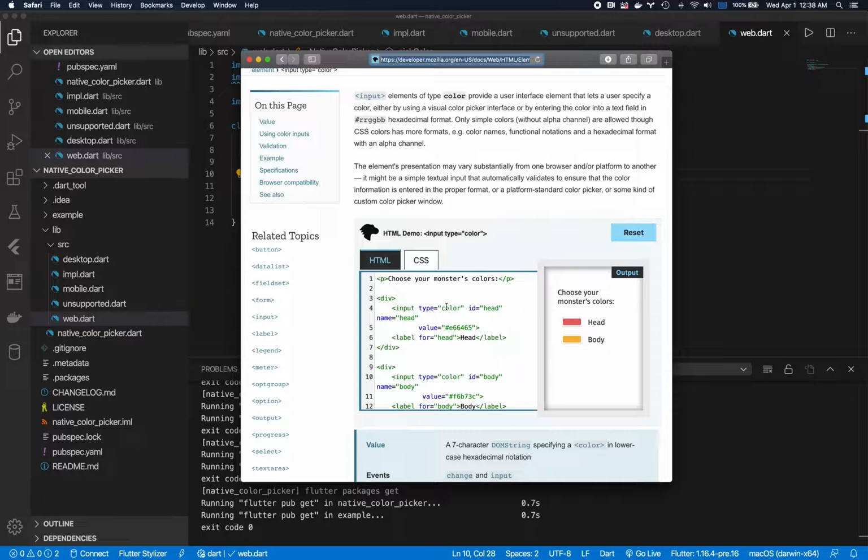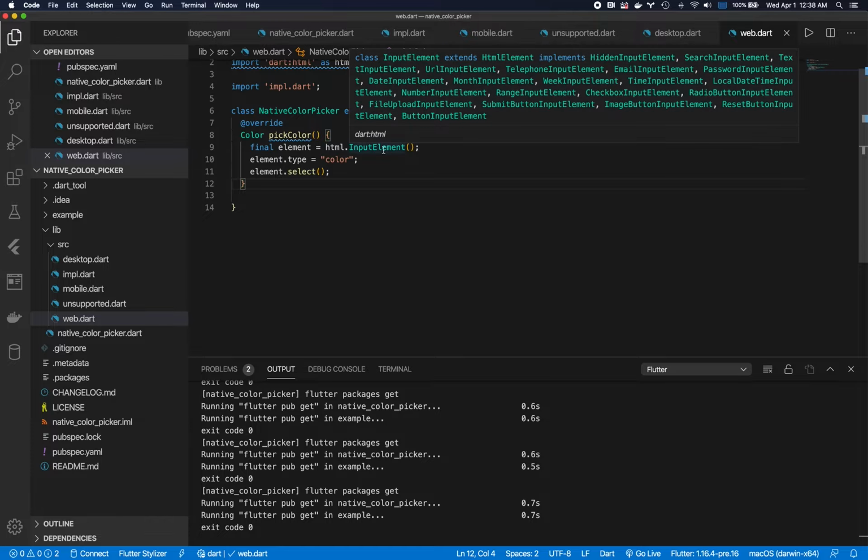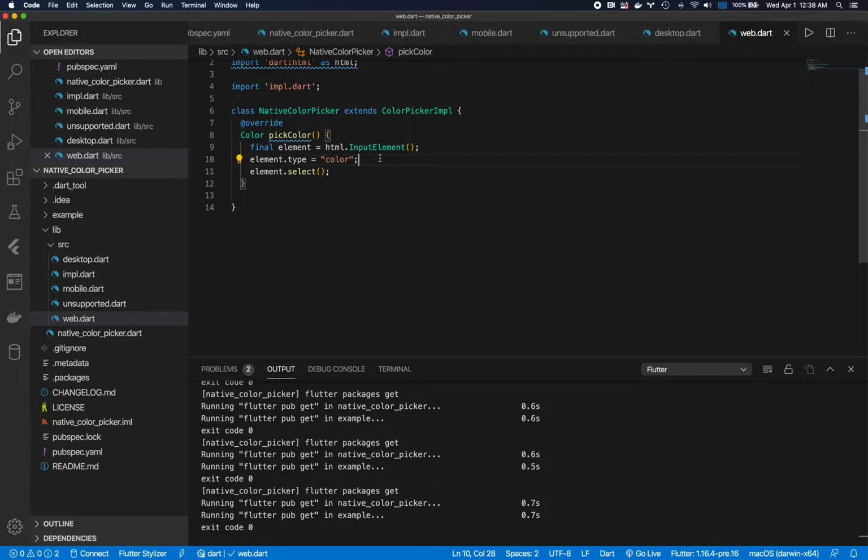So it's type of color. We can give it a name. Let's also give it a value. We could also pass in a default value. So let's go ahead